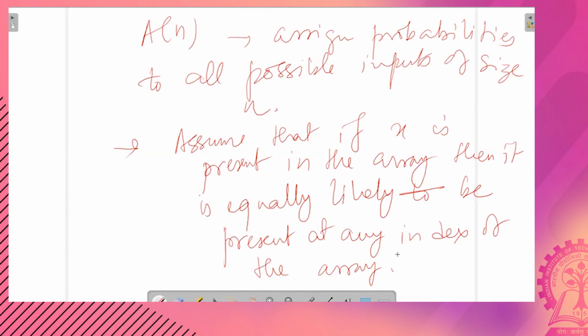But for the time being, we will assume that the elements could be matching x at any index position of the array. Okay. So now, with this premise in place, let us try to do the average case time complexity analysis.